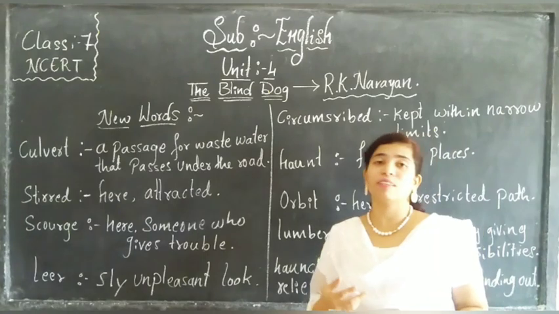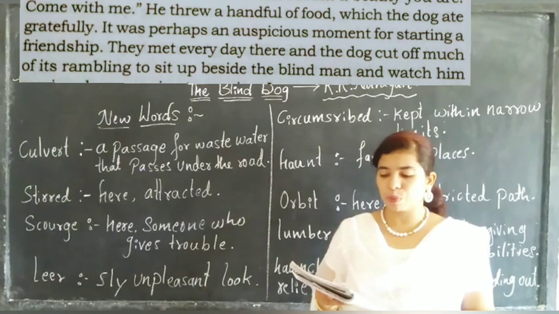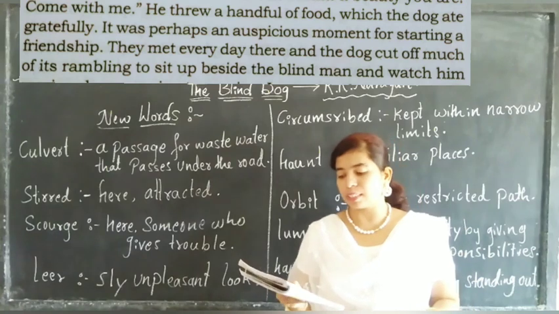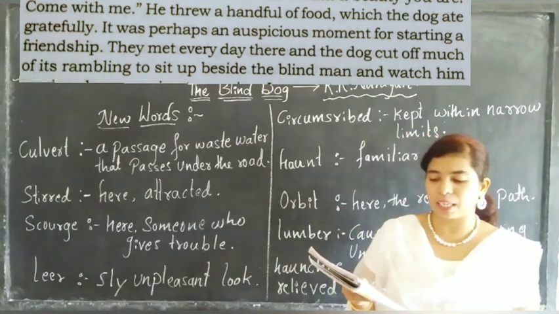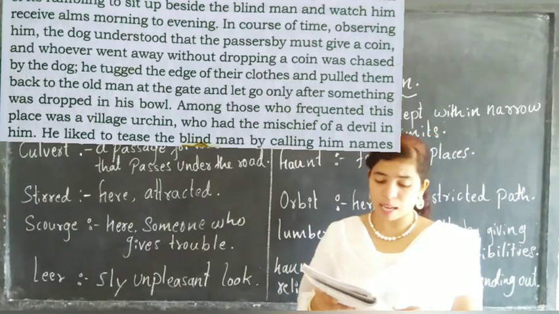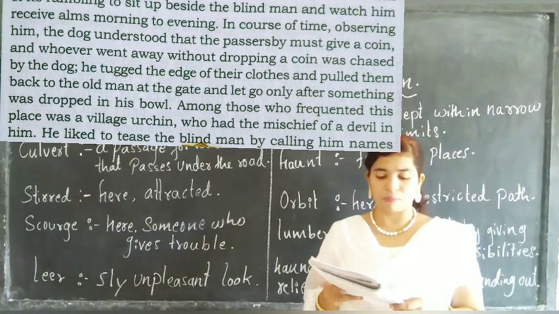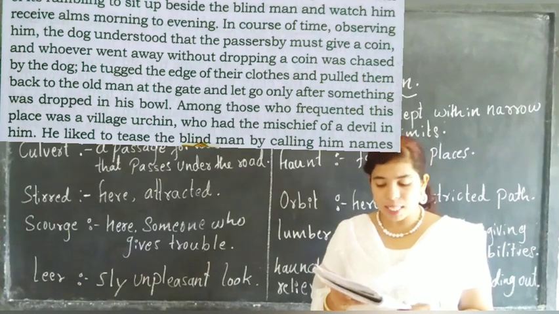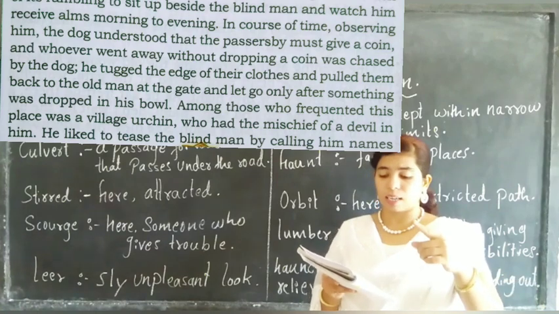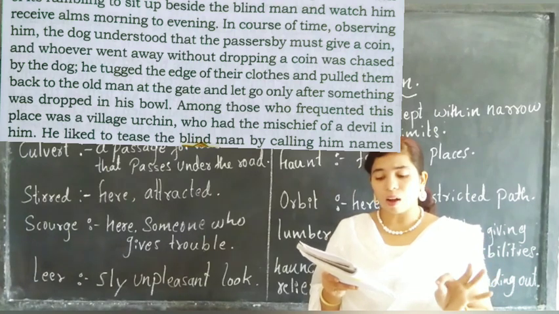That dog ate the food gratefully. Okay? It was perhaps an auspicious moment for starting a friendship. They met every day there, and the dog cut off much of its rambling to sit up beside the blind man and watch him receive alms from morning to evening. In course of time, observing him, the dog understood that the passerby must give a coin, and whoever went away without dropping anything, the dog used to,